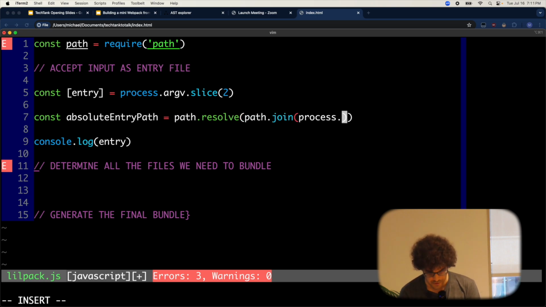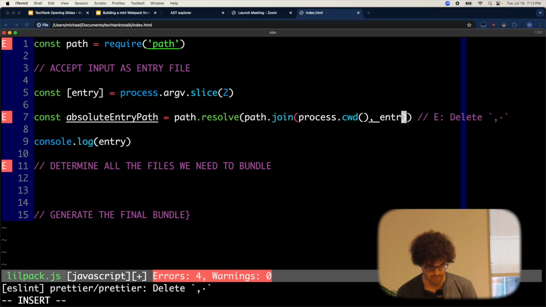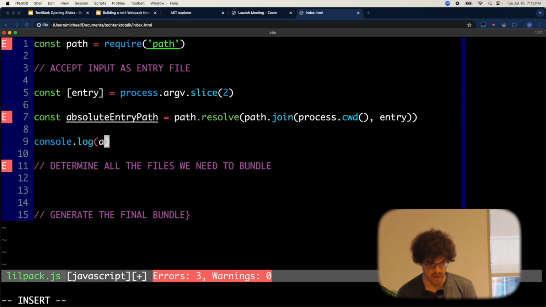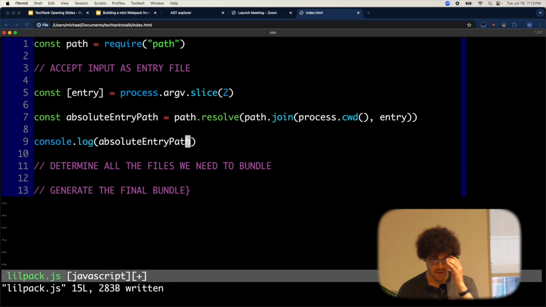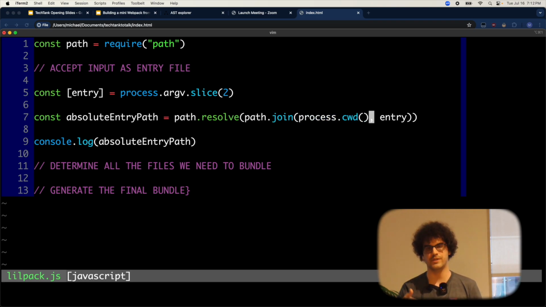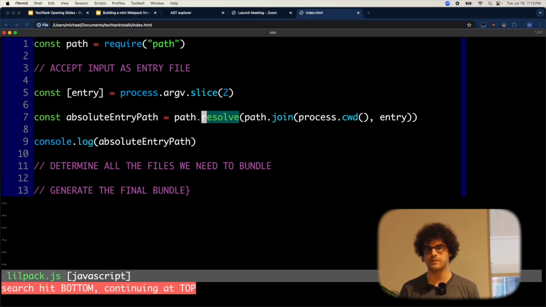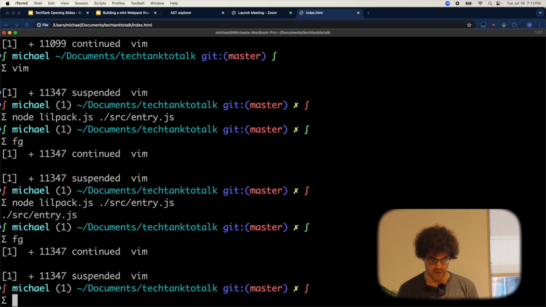So there's a few things going on here. We'll take a look at it afterwards. And then we're going to log that absolute path at the end. So what exactly is going on here? We know we're given a relative path as our input. We're just going to join it to the current working directory of the process that we run, which is the working directory of our project. And then we're going to tell Node.js, please remove any useless path segments so I can successfully read this from disk. So if we take a look at our output now,